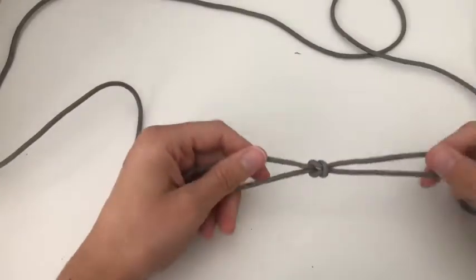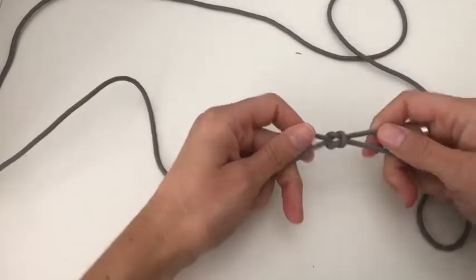2 of them are super easy, everyday knots that you probably actually already know. And 2 more are slightly more complex, but they will make setting up any shelter system an absolute breeze. Let's get to it. Okay, so the first knot that we're going to look at is the simple reef knot,